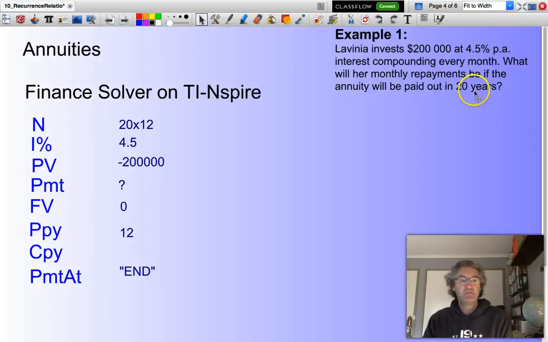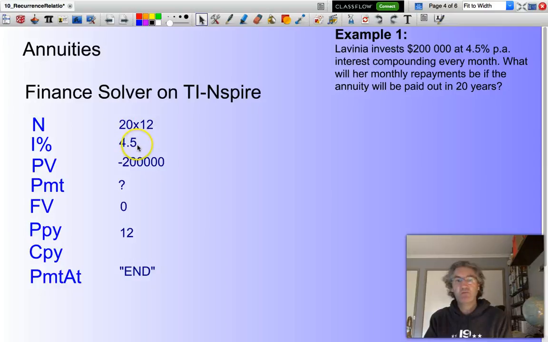Now, what I need to do is decide, what is this question asking me? It's really asking me, what's her monthly repayment? This is the field here that I need to calculate. So what I have to do is populate all the other fields. Now, straight up, we know we have 20 years and we're compounding every month. So the number of compounding periods will be 20 times 12,